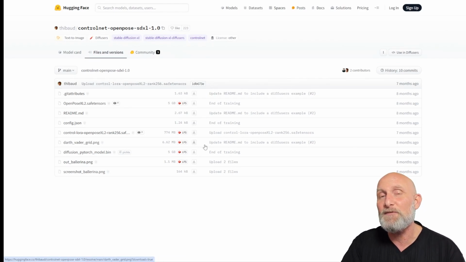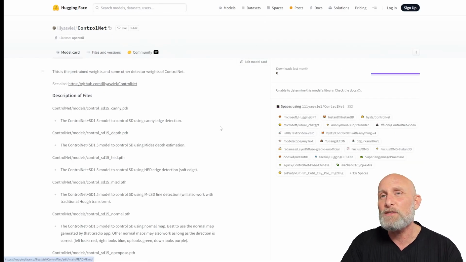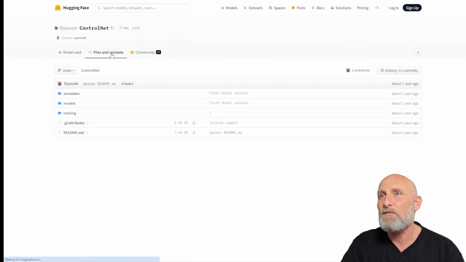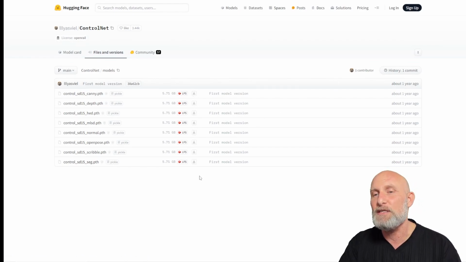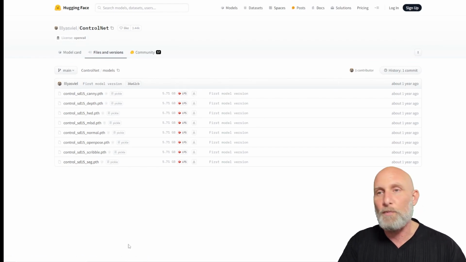As for Stable Diffusion 1.5, you also have here the files and folders. Inside the models folder, you will see a list of all the Canny, depth, head, and a bit more models for Stable Diffusion 1.5 that were generated by Elias Vil. And you can download them the same way, and once you've downloaded these models, you simply need to put them inside